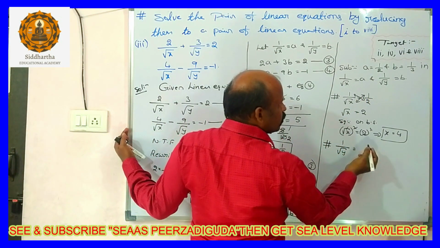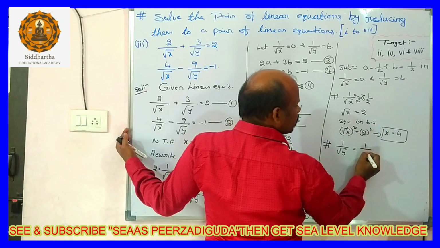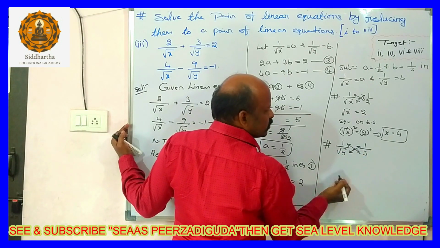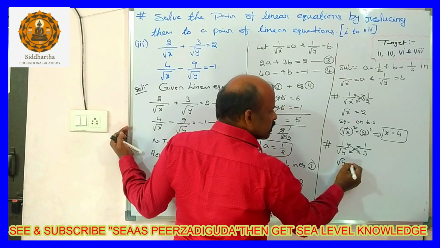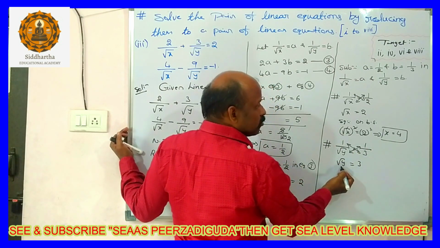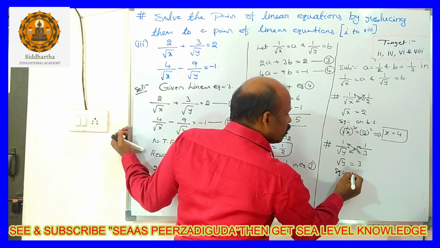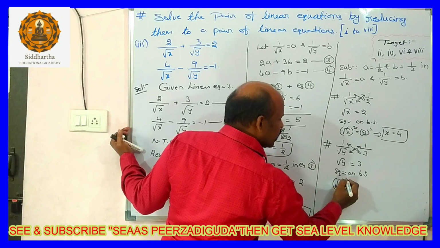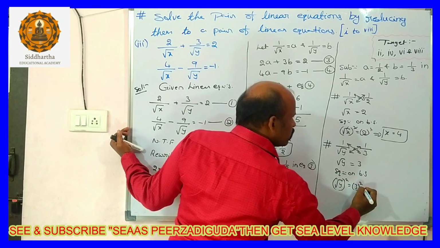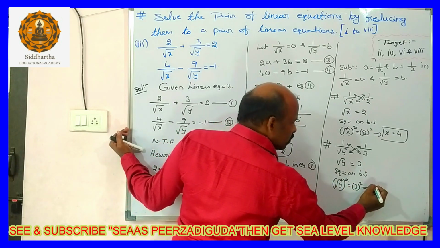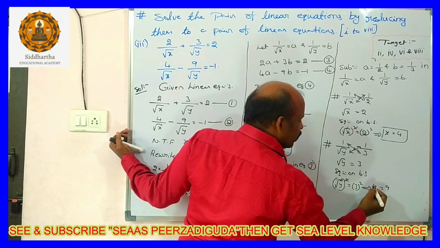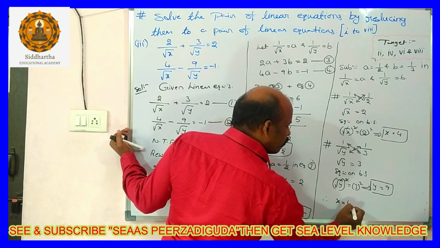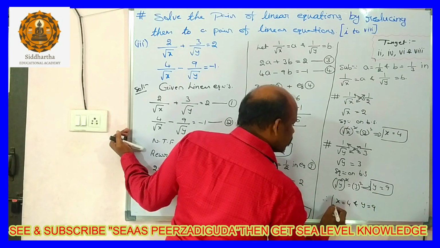Like that I am going to take this one. 1 by root y is equal to b value. The b value I am going to substitute, 1 by 3, over here. So between two fractions, equal to symbol means what should we do? Cross multiplication. Root y into 1, root y is equal to 1 into 3, 3. So again the square root is there. That's why I am going to do squaring on both sides. Root y whole square is equal to 3 square. So it implies the square root gets cancelled, y is equal to 3 threes are 9. We got the value 9. Therefore the value of x is equal to 4 and the value of y is equal to 9.